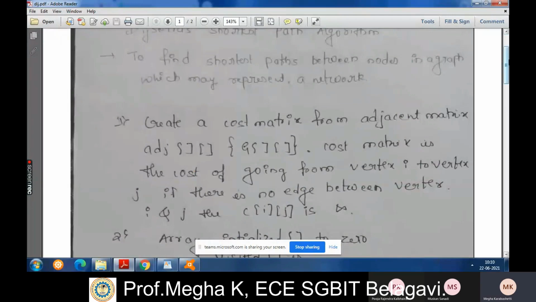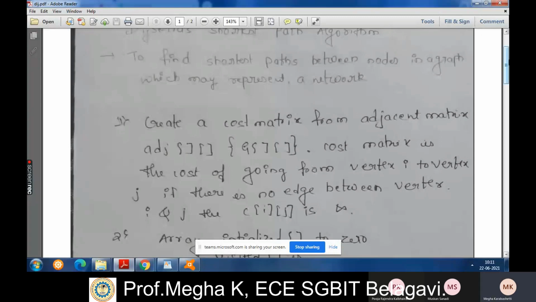If a graph, or you can say if a matrix is written representing a network, if there are four nodes in a network, you are writing a matrix representing how they are connected and how they are linked, what the links between the two nodes are, and what is the cost of that particular link.